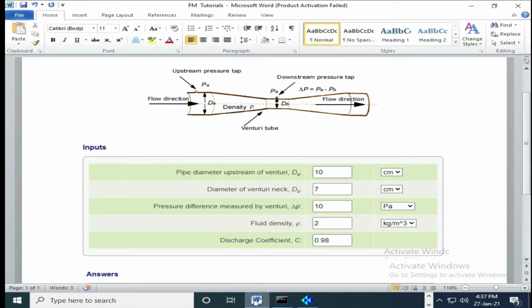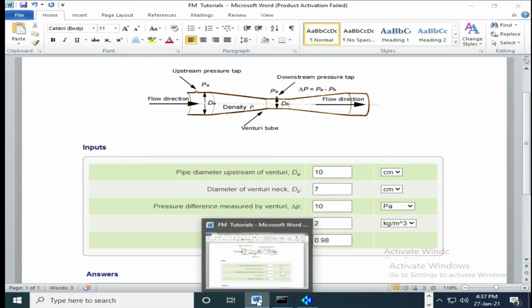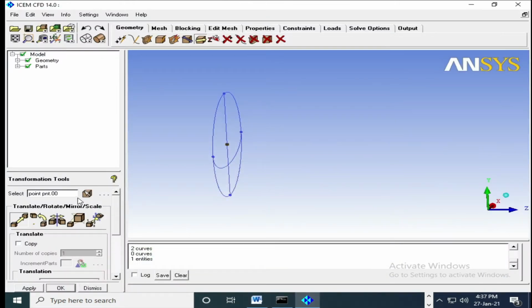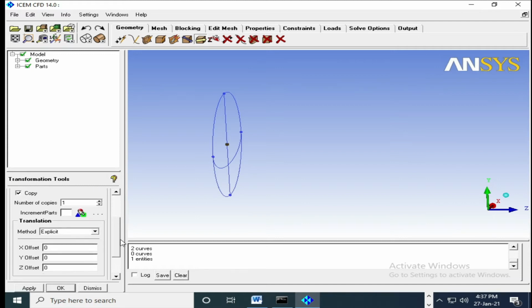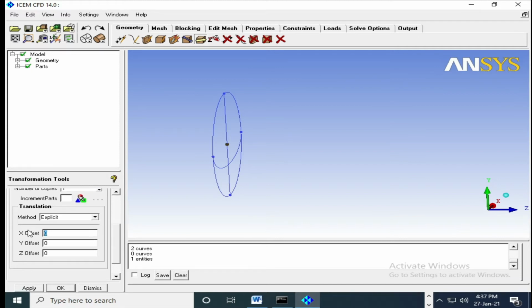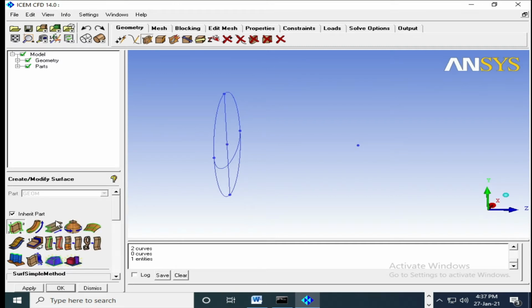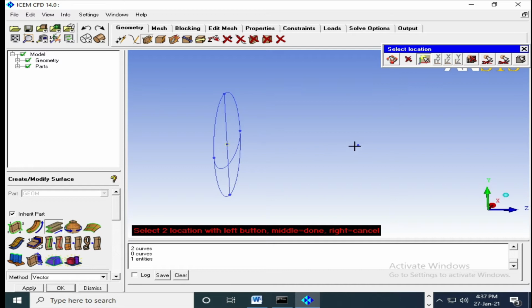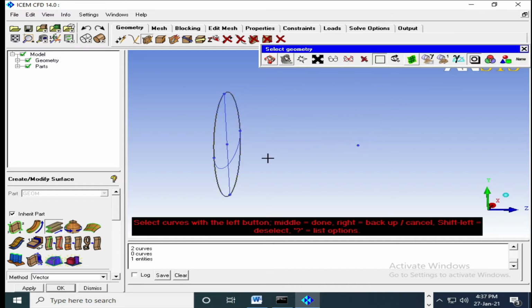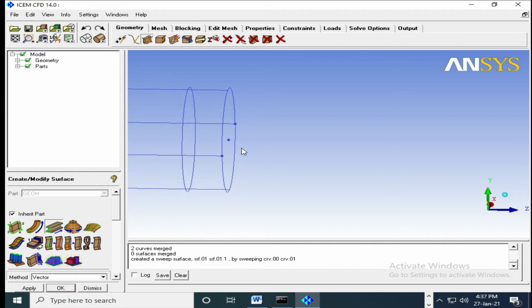If you look at the diagram, the first few distance is near about 1 times the diameter in straight direction. So I will transfer this point to 10 in Z direction along the length, and I will extrude. By sweep surface I am doing.